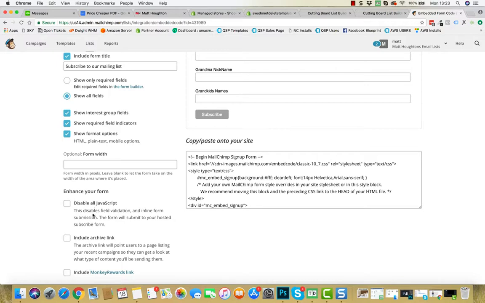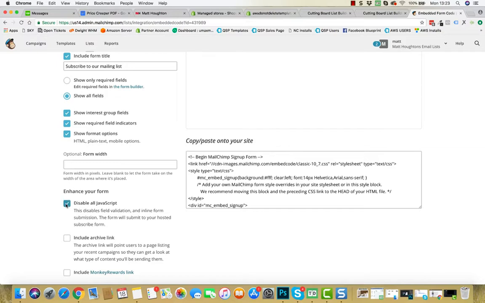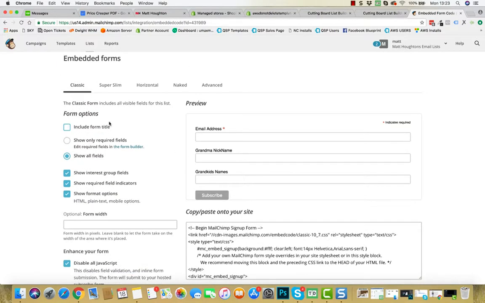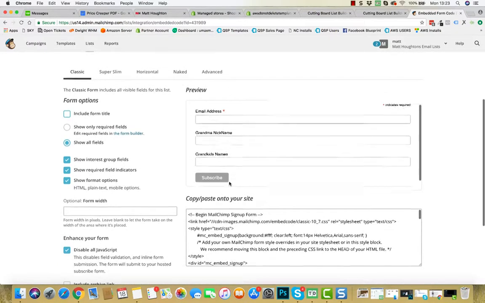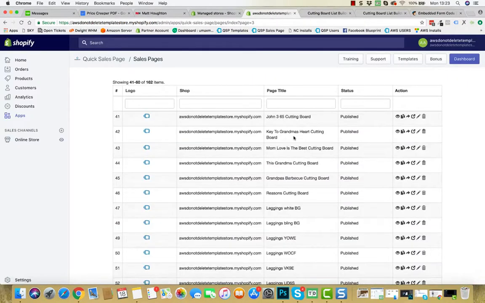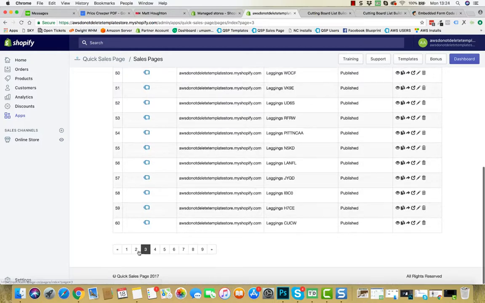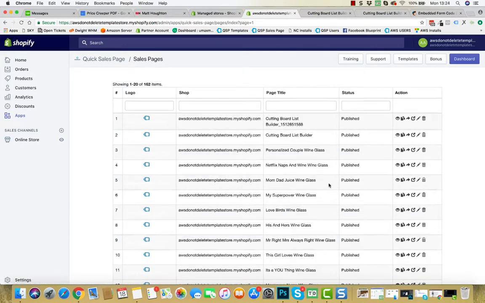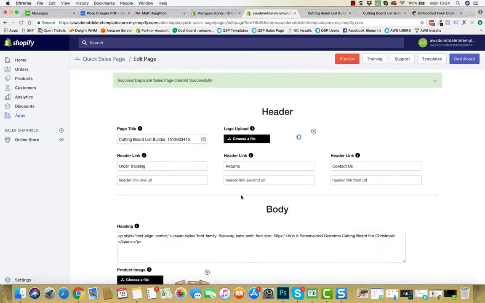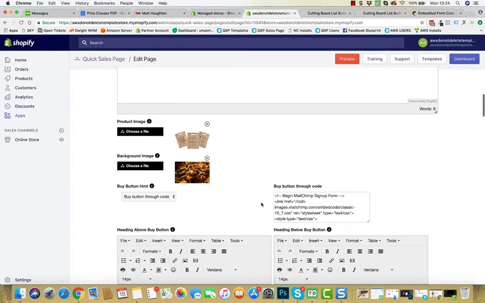This here, we will need this. Yes, I think we need that checked, so we'll test it both ways. Here I'm going to turn off the title so we don't have that, and that should be ready to embed. So I'm going to copy this, Control A, Control C, come back to quick sales pages, duplicate this page,